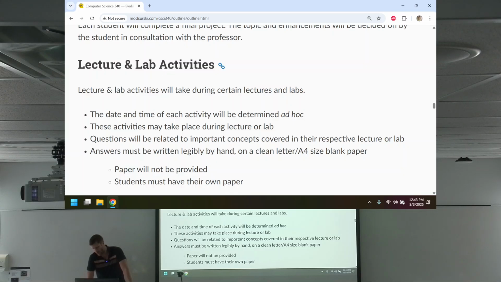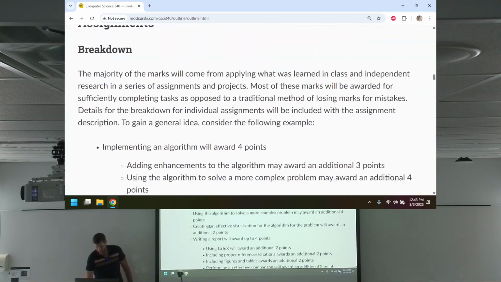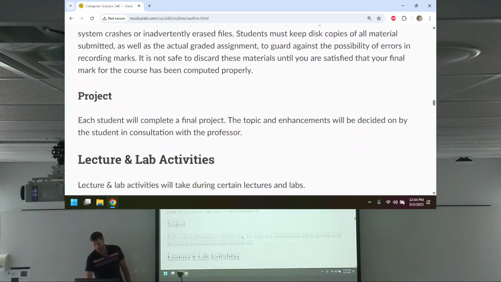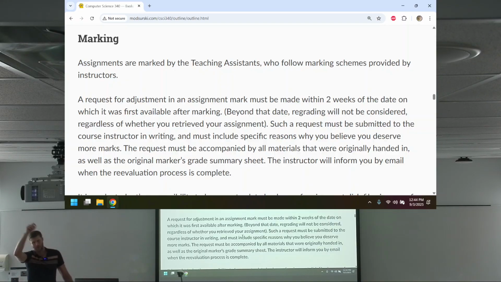Lecture and lab activity. Well, there's no labs, it's just lecture activities. There's also a part worth up to 10. Lecture activities. Every once in a while, I will have a specific lecture activity. Usually it'll be at the end of some lecture. Which lecture I decide to have these on is whatever I feel like it, right? It'll usually be when we hit a particularly important topic. We'll be like, I want to make sure we hit this really hard. Then we'll have a lecture activity. You will get out a piece of paper and a pencil, write your name, student number, whatever, yada, yada, on the top. And then I will say like,